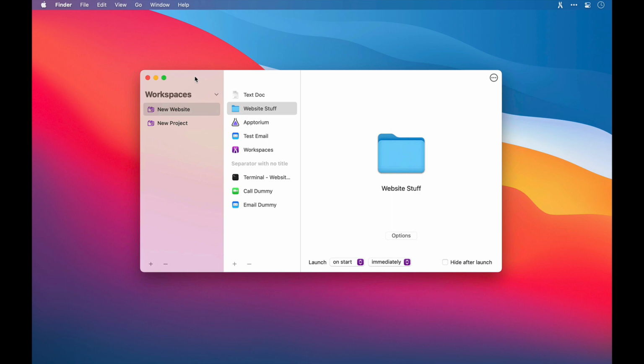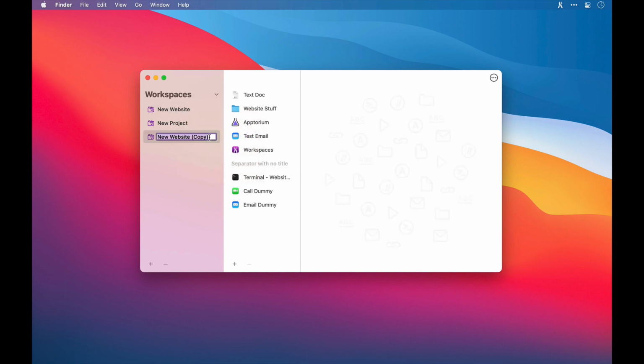And we have some options here that we can select for the workspaces. If I right click, we can change the icon for the space, rather than going with the default, we can rename the workspace, and we can also duplicate it. If we select, here it takes all of the resources and it creates an exact replica of them in a new workspace. You just need to give it a new name. And now you have a copy of the older one, which is great if you have a lot of projects that repeat, but they maintain similar resources for them.